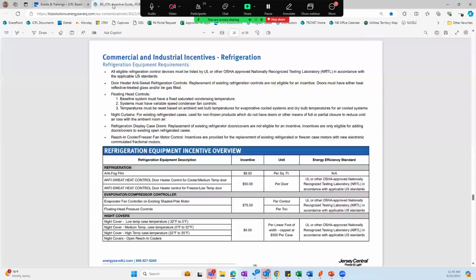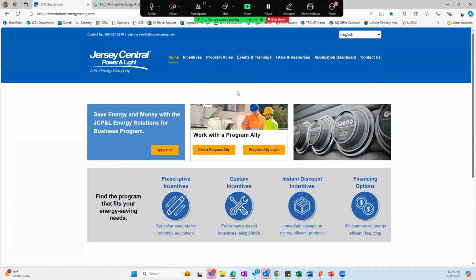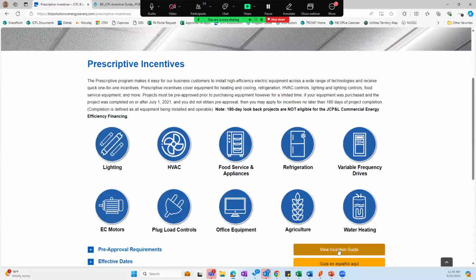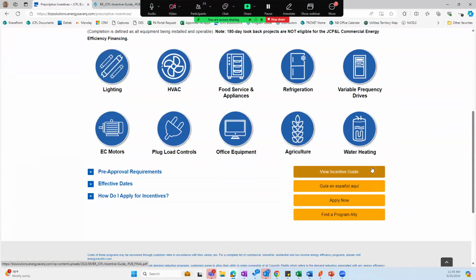All right. So here is the incentive guide. I'll go back to where you can find this information. It's prescriptive. And then you can click here to view the incentive guide. Here's another opportunity to just apply now. And of course, if you determine after looking at the program guide that you will require some support,